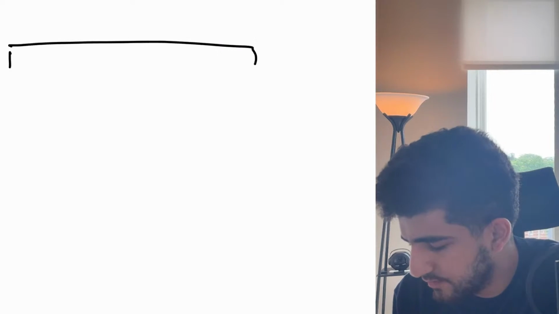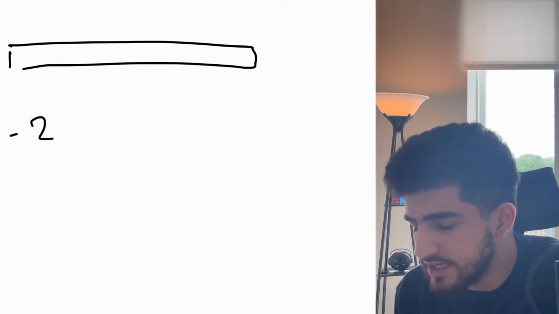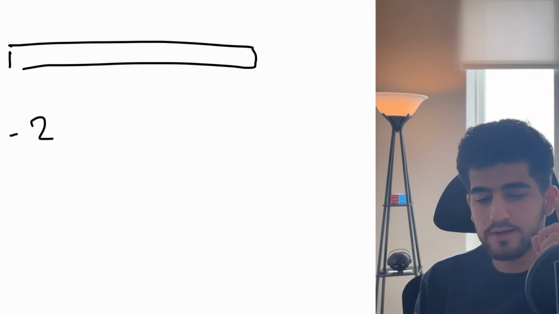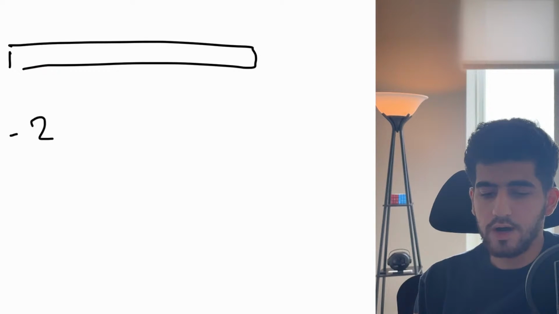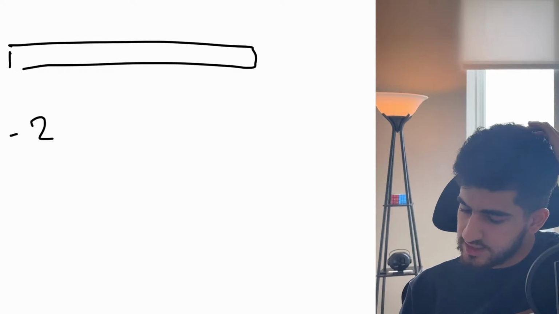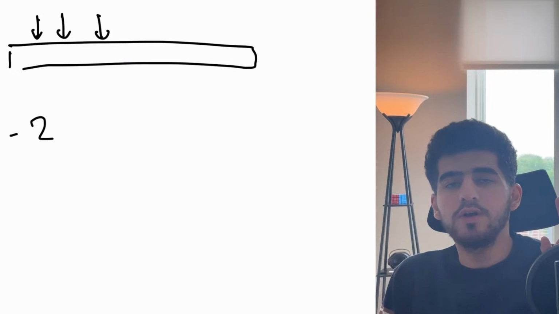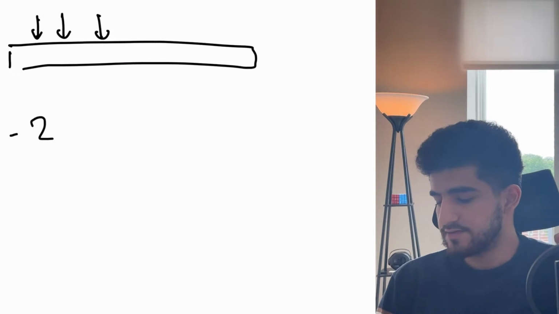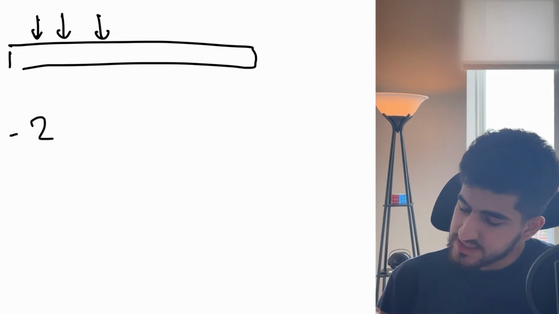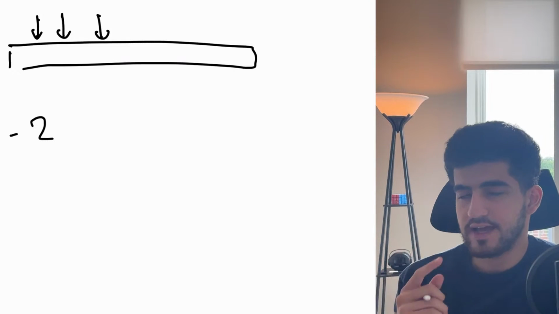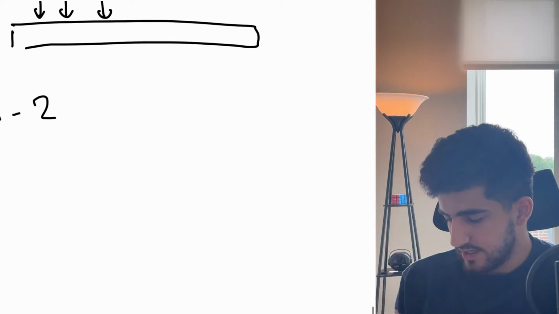So we have a list of n digits. We want to put n minus 2 symbols. So it means that there is only one place that we don't put anything in, right? Because there are n minus 1 spaces between these, and there is going to be only one place where we don't put anything. So it means that at the end, I'm going to have exactly one number